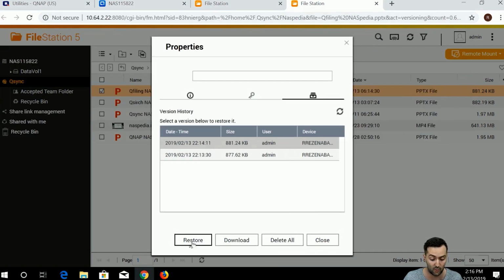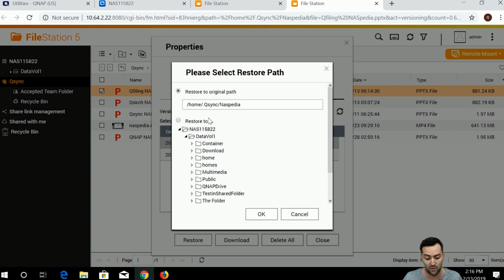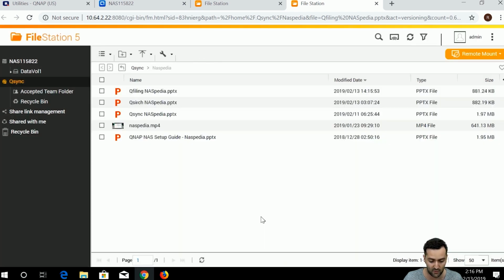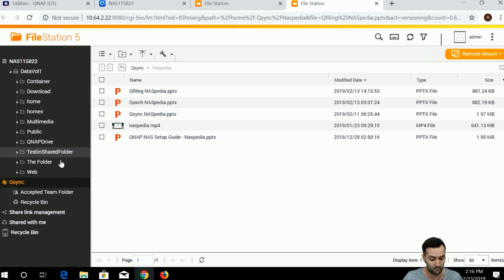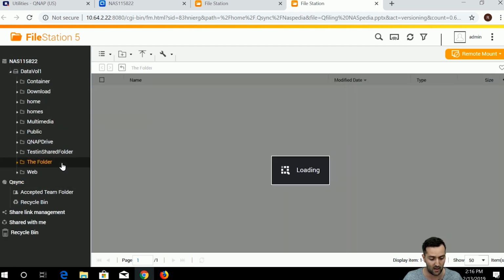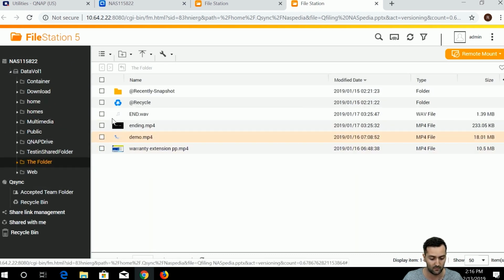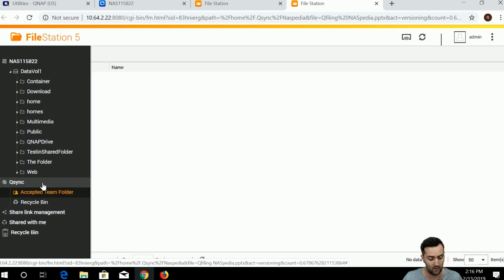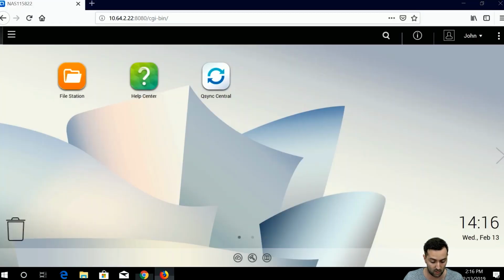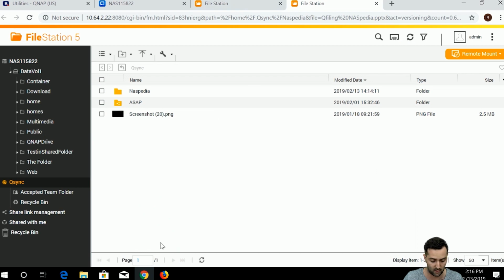You can also restore it, and then you can choose the path where to restore it, and you can go, for example, to the folder, and then restore it into any of those, and you will have the information where to restore it there. So it should be here in the NAS. It's uploading. Therefore, we go back to